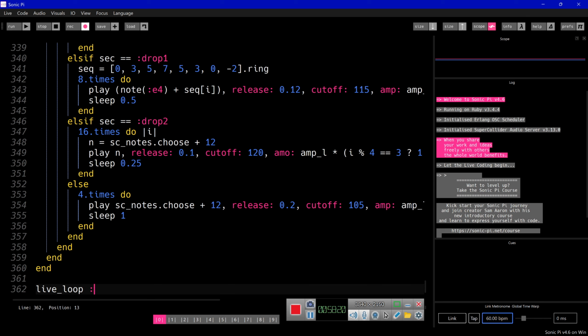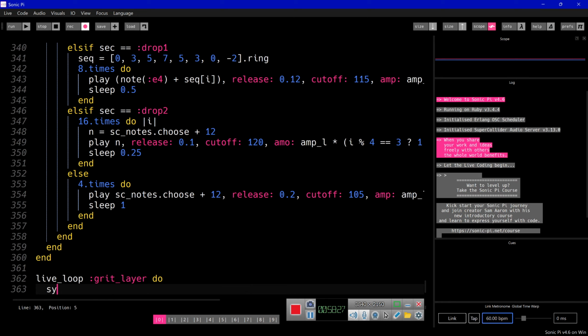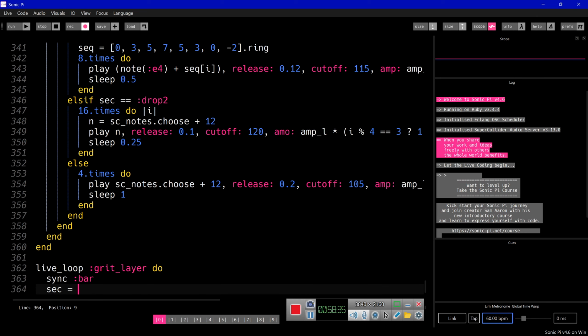We name it grid layer. Do we synchronize with bar? We get the section from the section,